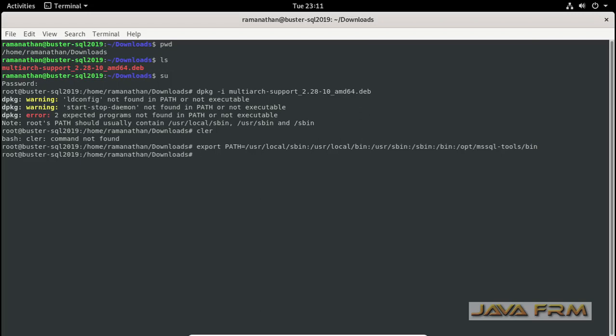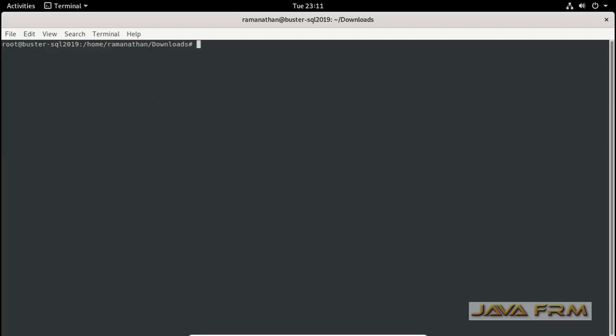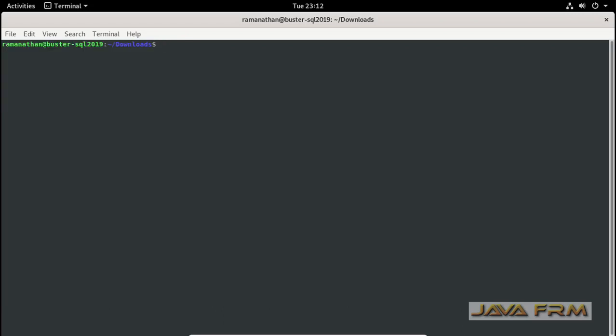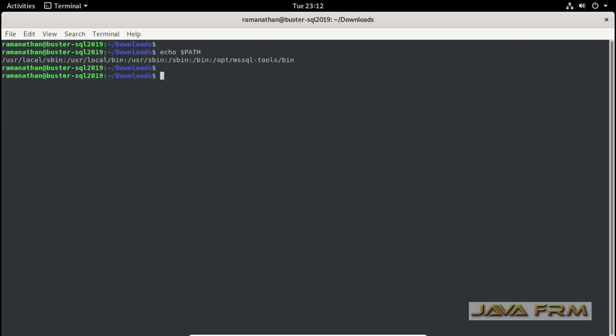Here itself I am adding the /opt/mssql-tools/bin directory so that the SQL command line tool will be available in the path. Yes, so it's available now.